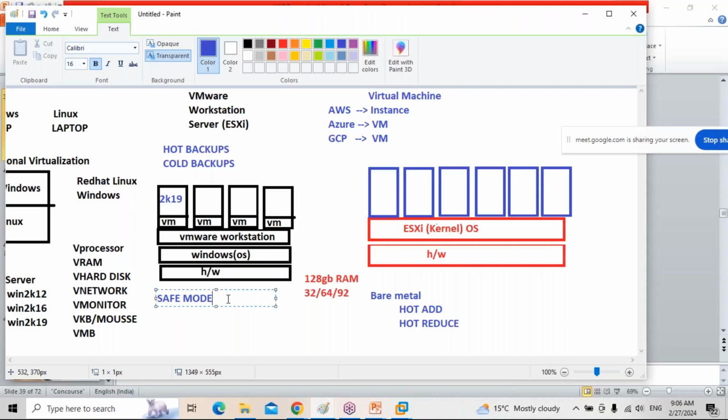We can see the option called safe mode. When you boot your mobile to safe mode, the network doesn't work. No one will call you and you can't call anyone because that is safe mode. Safe mode, we call it maintenance mode.